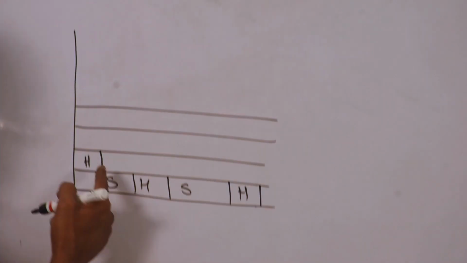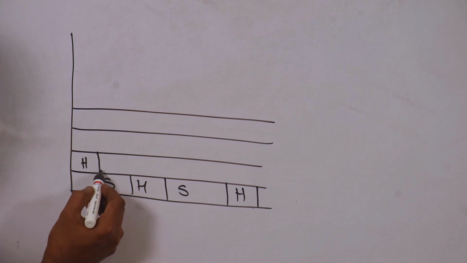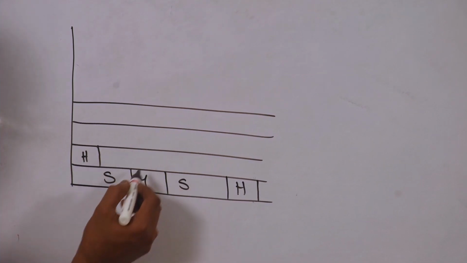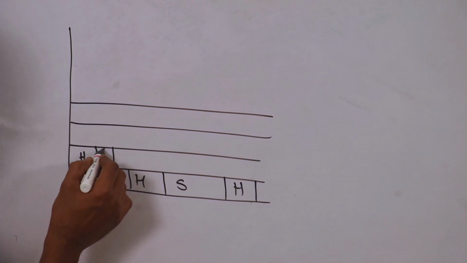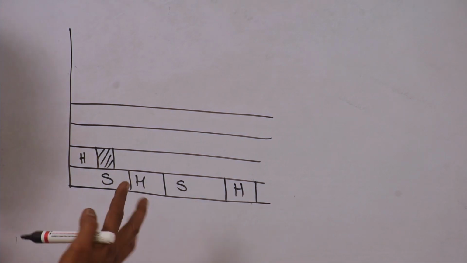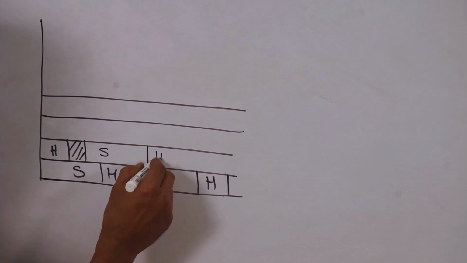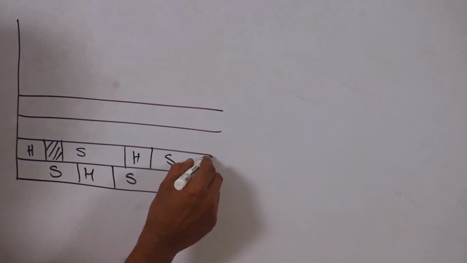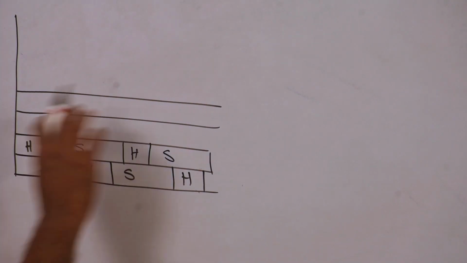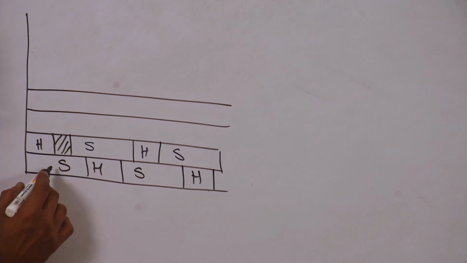Then next, you can keep a stretcher over here. If you keep a stretcher, this joint will come one above the other. To avoid that, you have to keep the queen closer. Then stretcher, header, stretcher, header. Stretcher, header, stretcher, then header. Nowhere the joints won't come one above the other.